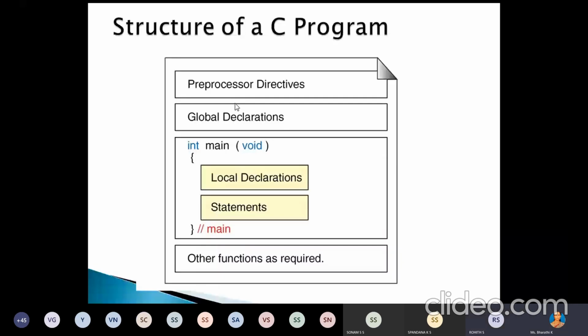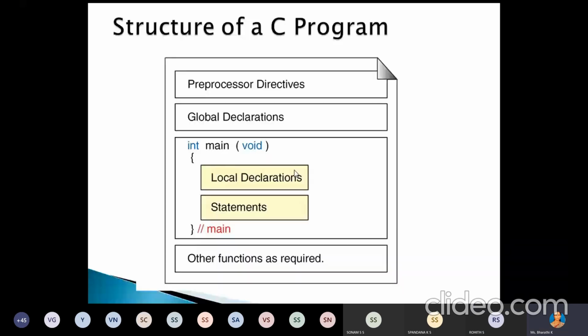But if you have a local declaration, only inside that function can we use the local variables. Before using any memory locations, we have to declare the variables, that is, name that particular memory location. After declaring the variables used in your program, you can write the source code.